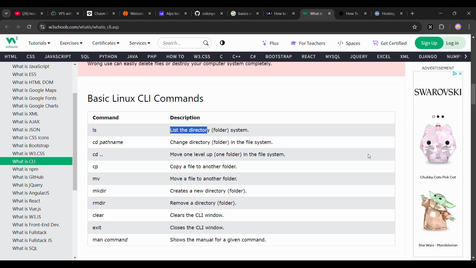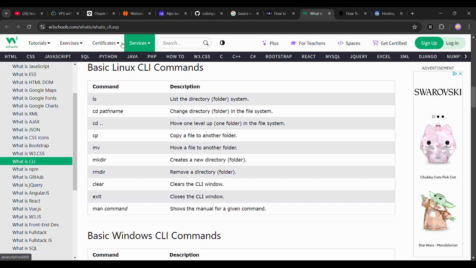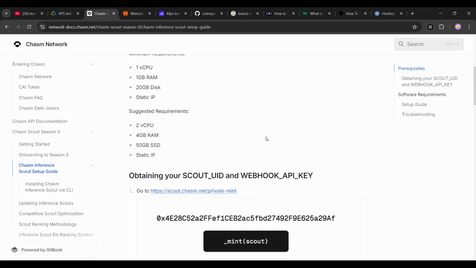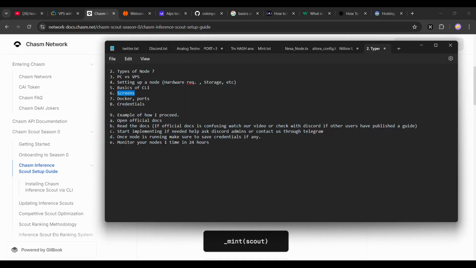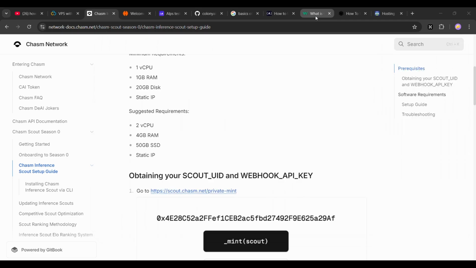Every project has a separate channel where you can ask doubts. You should go there and explain what you are trying to do. How will you be able to explain? Once you try to understand these basic commands and once you have read their docs, that way you will be able to explain what you are trying to do and what error you are getting, and then they will be able to help you. So for Docker and ports, you should learn these basics using either ChatGPT, YouTube, or maybe Google something.